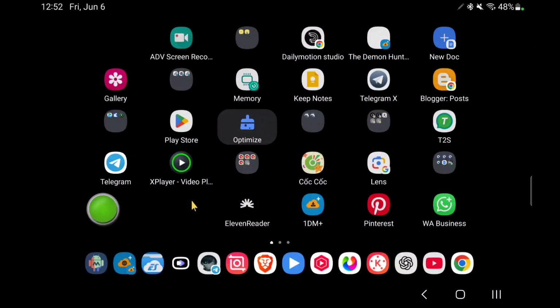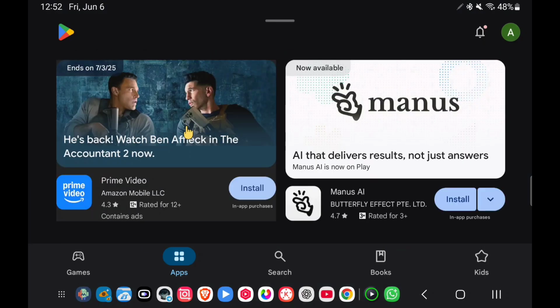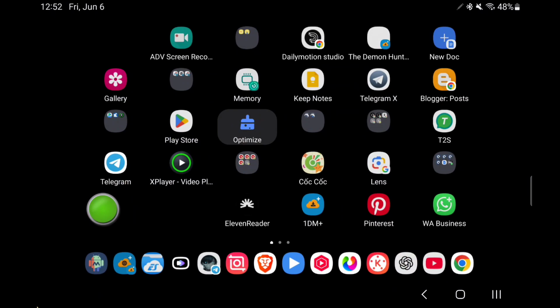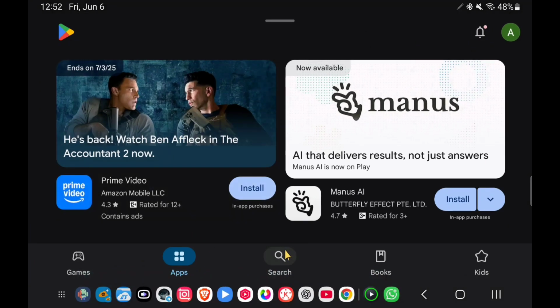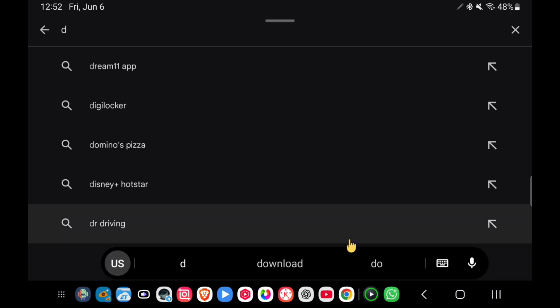I will show you, if you are looking for a document app for your Android tablet, then you are in the right video. Let me show you how and which one will be the best for you. So go to Play Store and search here Docs. Okay, just search Docs and you will be able to see this app